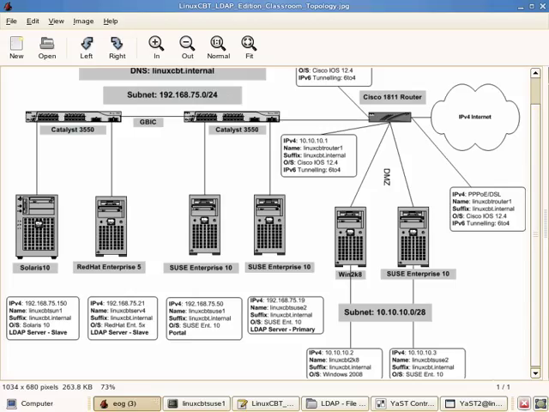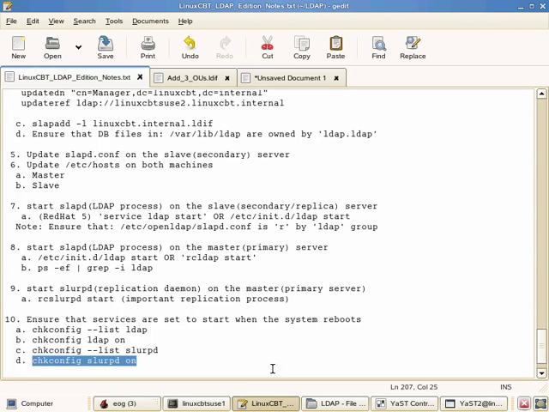Now that we've got LDAP set up on both the primary and secondary systems, let's go ahead and use ldapsearch, one of the online utilities provided with the OpenLDAP suite, to confirm that the records that exist on the primary exist on the secondary. Once we've confirmed the records are in both places, we'll then configure our Solaris server as a secondary or as a tertiary LDAP system. So let's navigate to our notes,